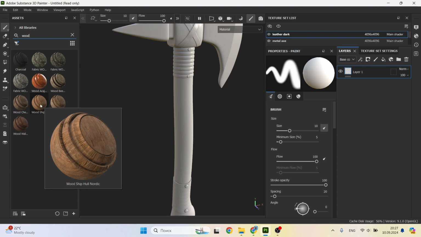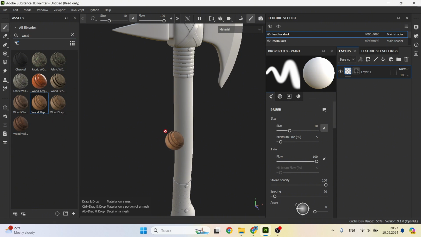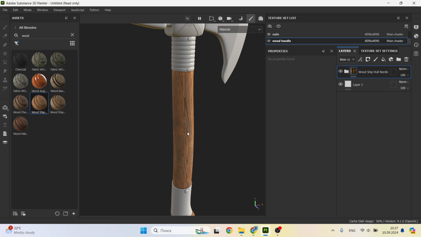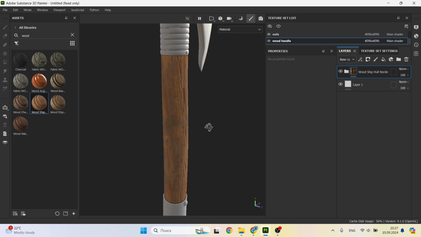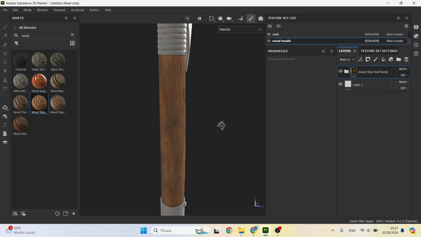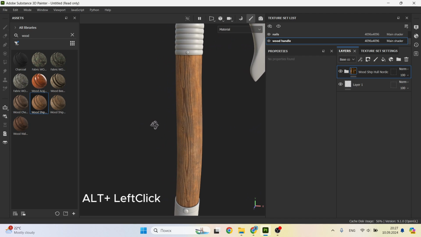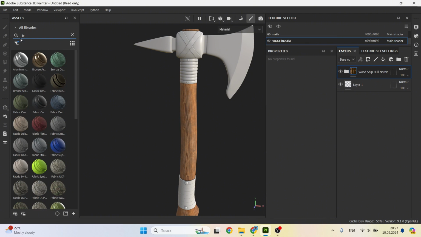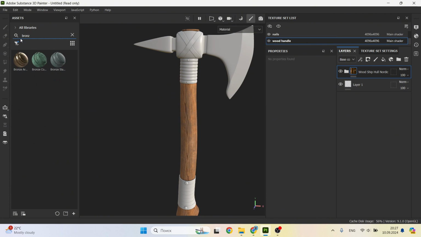Now in the Smart Texture list I choose the wood that suits me. Smart Texture means that this is a ready-made material and we only need to adjust it if necessary. In order to add it, simply drag it to the elements we need. In this case, everything suits me completely. The only thing is the roughness, but I can adjust it in Blender when setting up the render. Now I want to add materials to the nails. In the search bar I write the name of the material, bronze, and simply drag it to the nails.